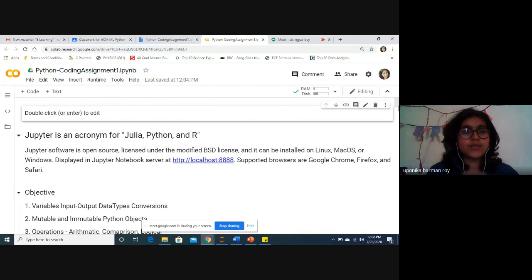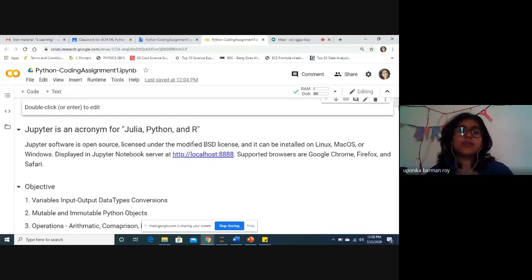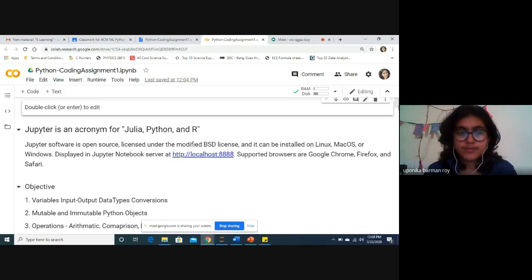First we have a general intro: what is Jupyter basically. Let me talk about what the Jupyter notebook is, and why we prefer using a notebook. We can also perform Python programming in our command prompt, in the Python shell on our local system. But Jupyter gives a very flexible way of programming. You can have different programming language skills over here. It is an acronym of Julia, Python, and R, so it supports these three programming languages.